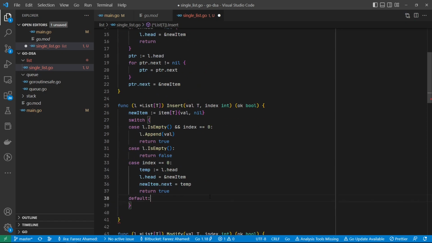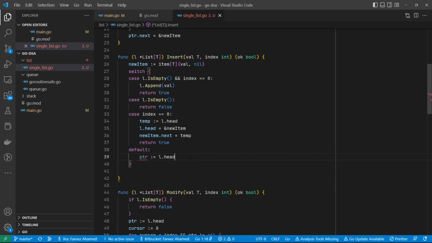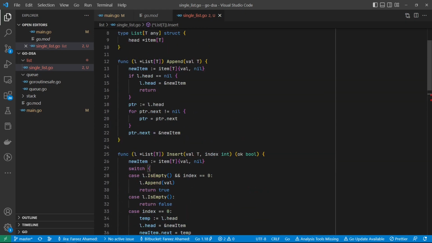Okay, so for this we'll need the pointer, and this pointer has to point to L dot head,